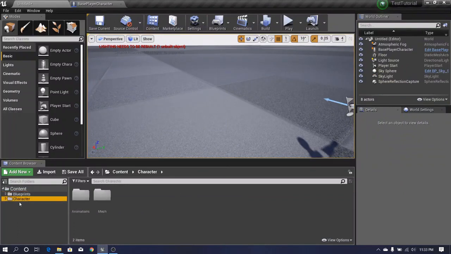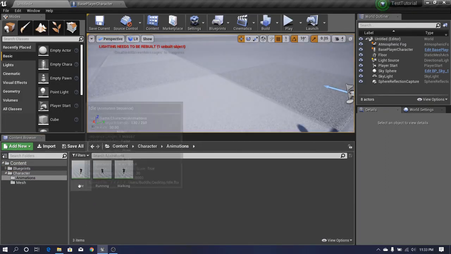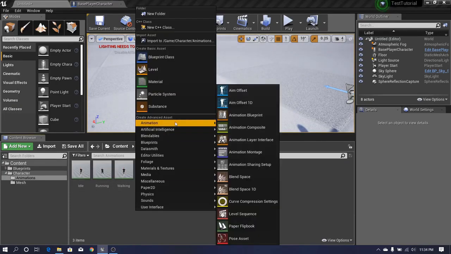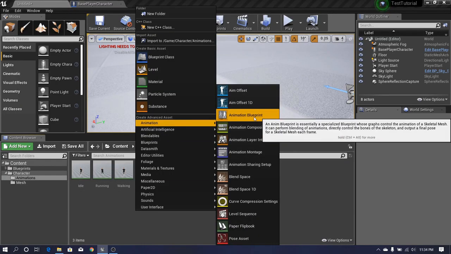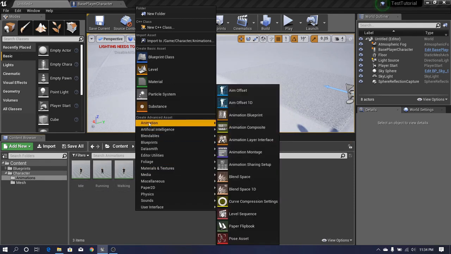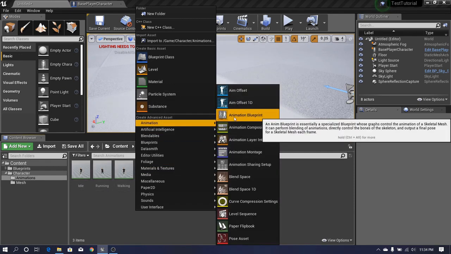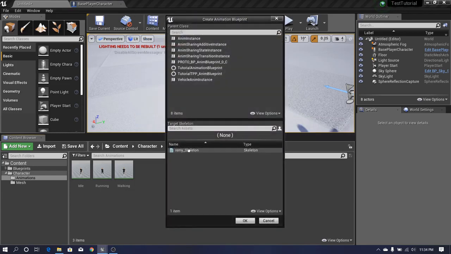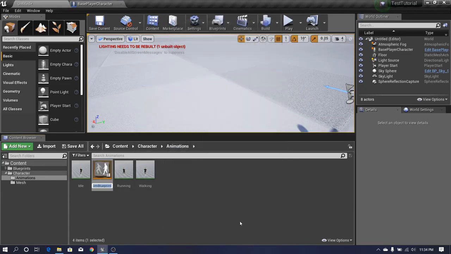I'll go to this character animations. Now I need an animation blueprint class to control these animations. So I go to the animation, click animation blueprint, select our skeleton, and OK. I open that,